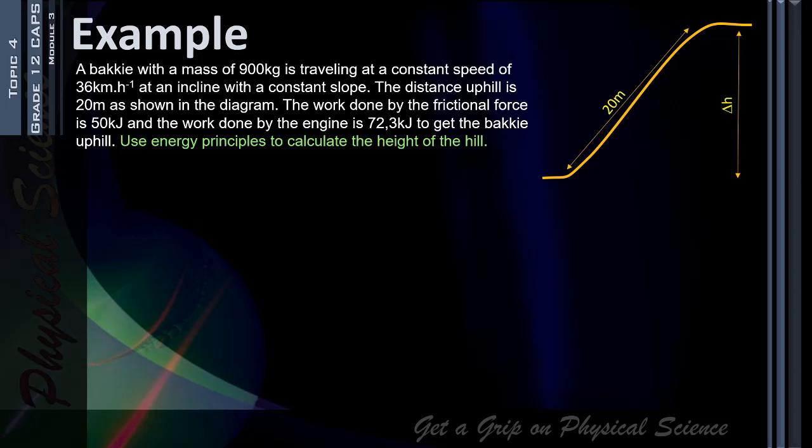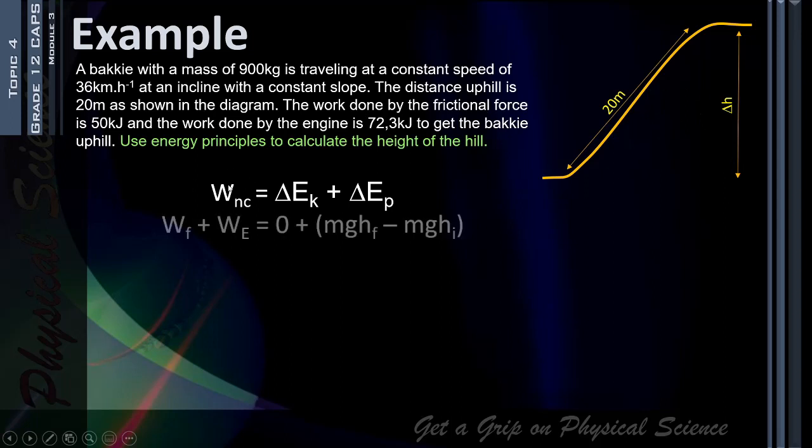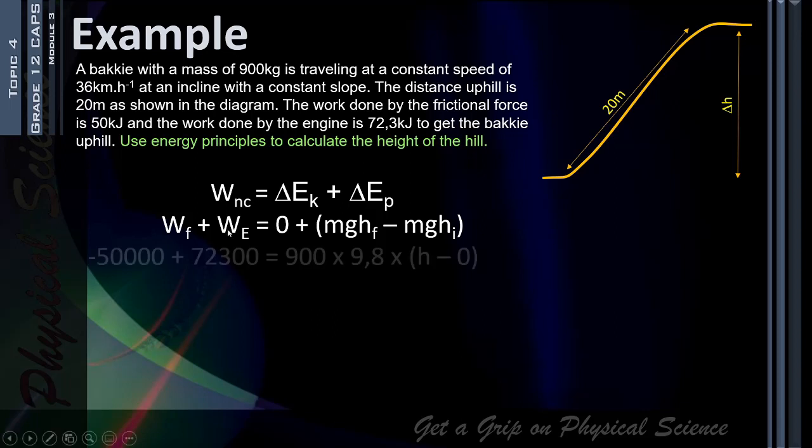Because there's friction involved, we know that we will either use the work energy theorem or we will use the work done by the non-conservative forces. So we will start by looking at this example. Now the non-conservative forces here are the frictional force and the applied force of the engine. There's also gravity, but gravity is a conservative force, so we won't include that in the work done by the non-conservative forces. Now the work done by friction is 50 kilojoules, so it's 50,000 joule, and work done by friction will be negative. The work done by the engine is 72.3 kilojoules, so it's